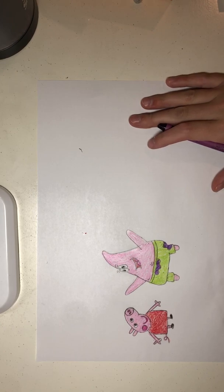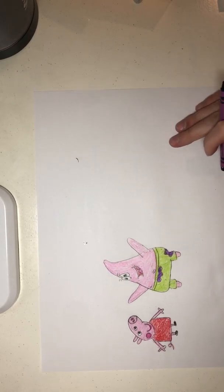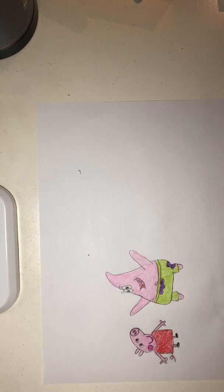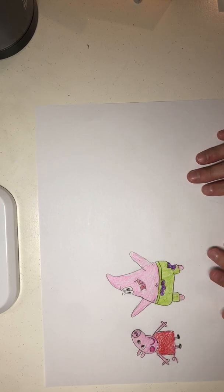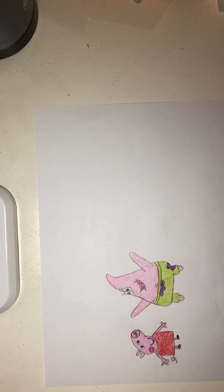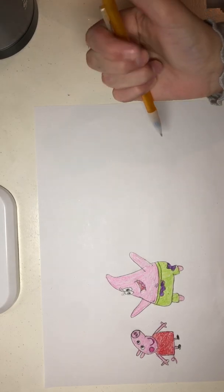Alright, now lastly, I'm going to draw the blue Powerpuff Girl. So there are 3 of them, if you know what the Powerpuffs are. There are red, yellow, and blue. They're all basically the same. Their hair is a little different, but I'm only going to draw one, and once you learn one, you can basically